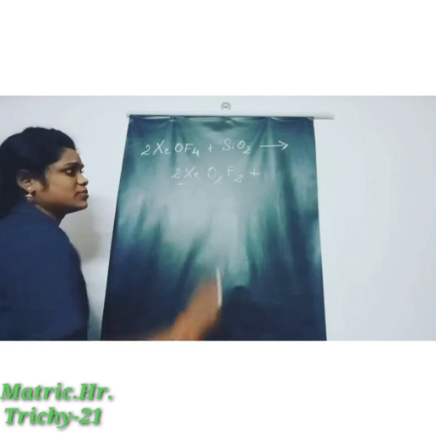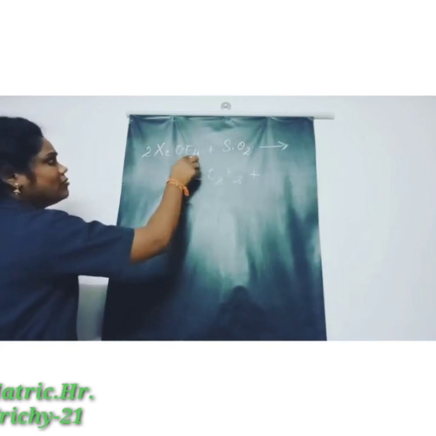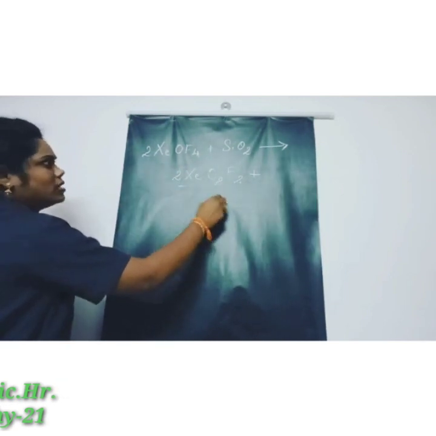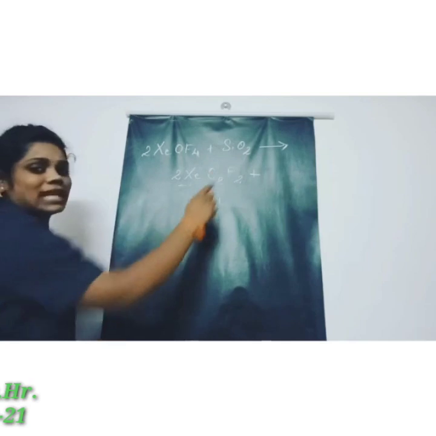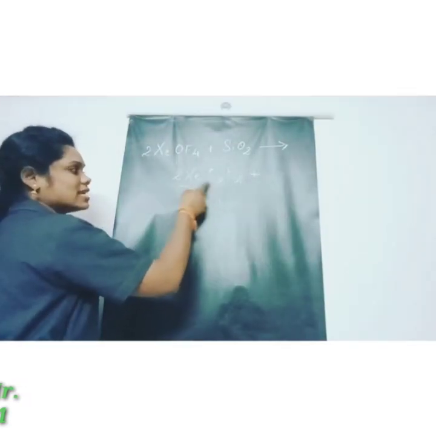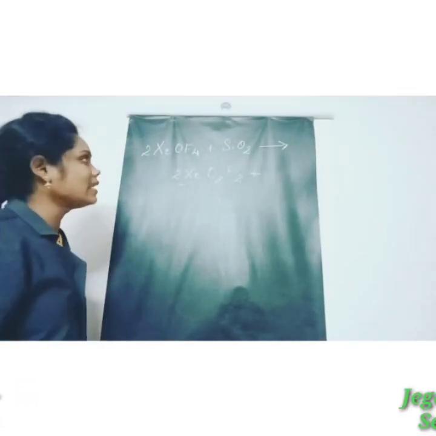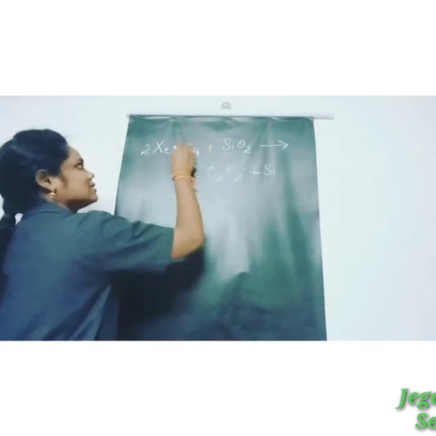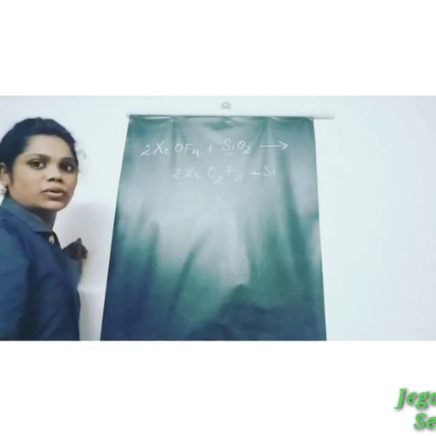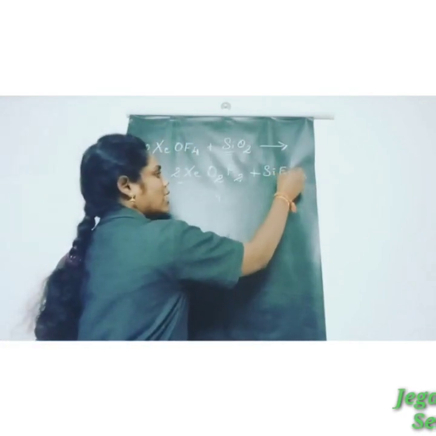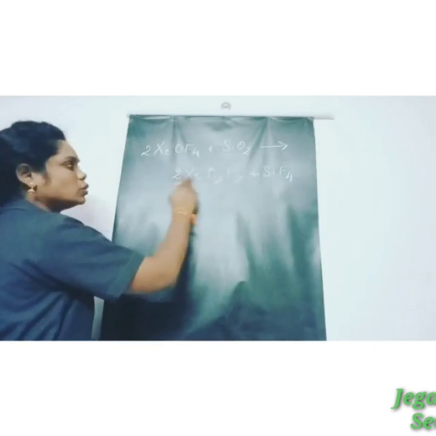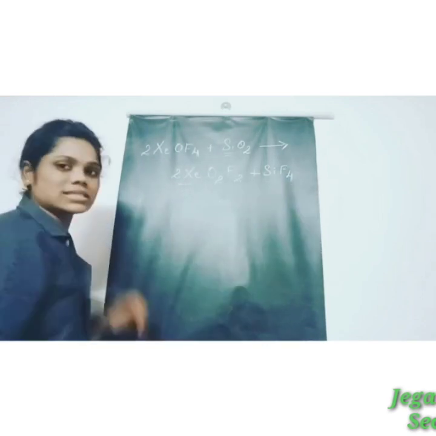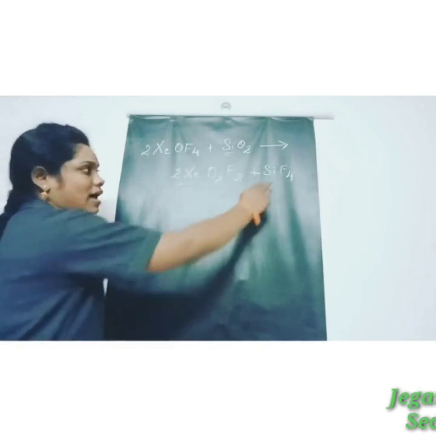But excess oxygen is present here. Then fluorine here 4 twos are 8. But here fluorine is 2 twos are 4. So oxygen here 2 times, so here also oxygen 2 twos are 4. So what is remaining here? So here silicon is remaining, oxygen is balanced, xenon is balanced. So remaining is fluorine. So fluorine now 4 times, because here fluorine 2 twos are 4, here 4 twos are 8. So remaining fluorine is 4 times. So silicon tetrafluoride is formed here.